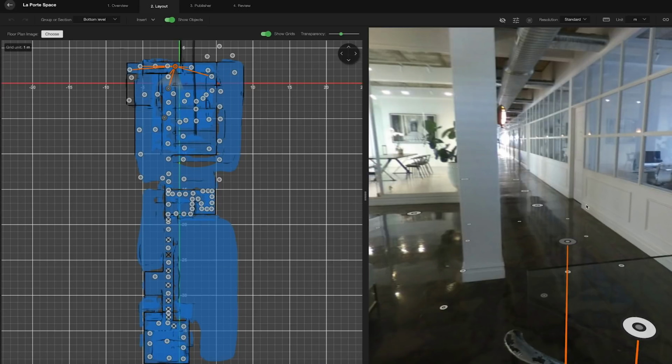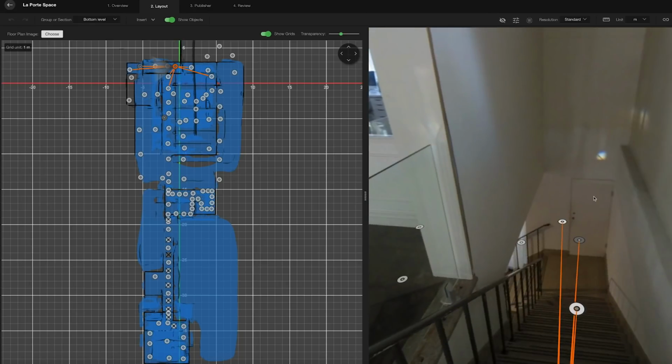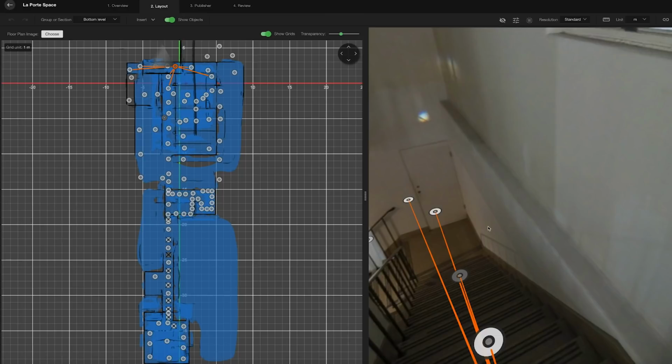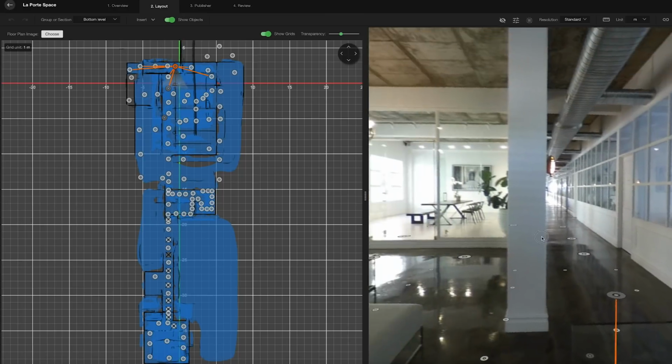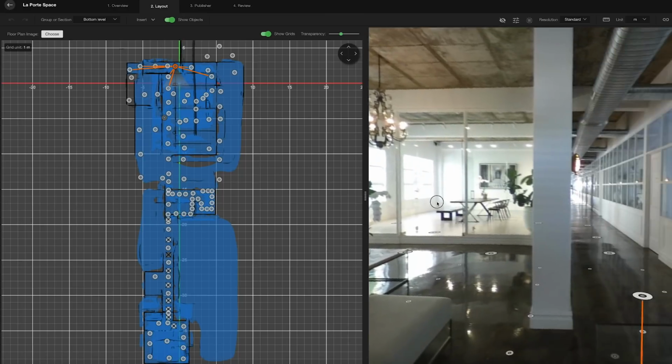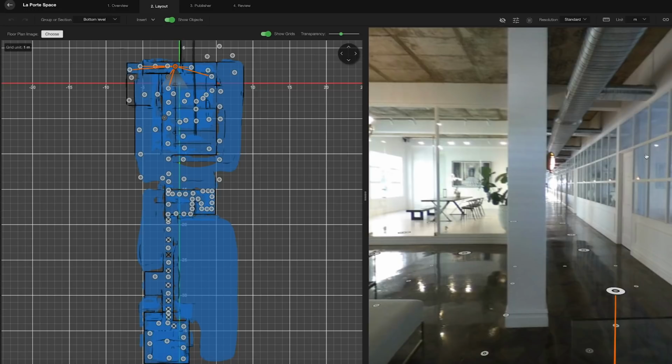However, if stairs aren't really important and you would rather have the feature of having your audience teleport from level to level, which I think is a better option because stairs are boring. Like, this doesn't really add anything to the tour. What I want to focus on are the cool rooms within this venue, which is where using hotspots comes in.